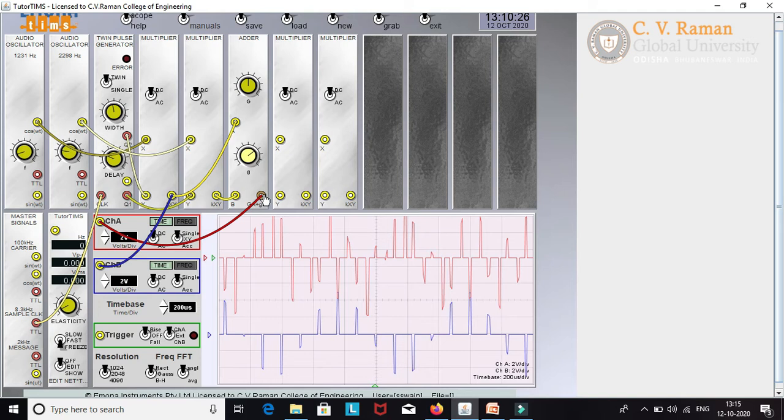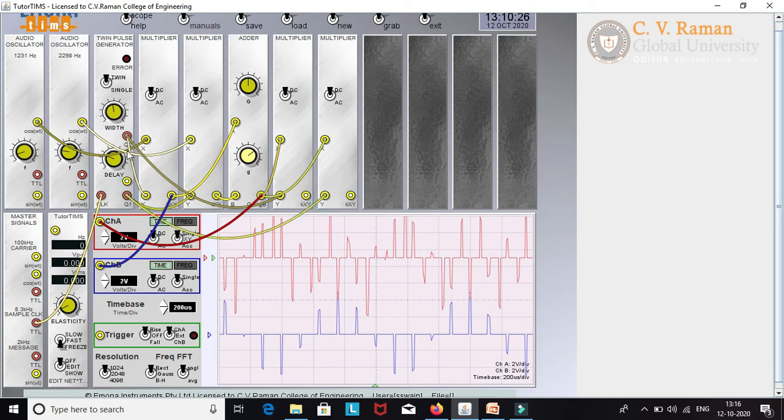So what I have to do here is multiply the TDM signal. This is your TDM signal, the RR output. So the TDM signal will be multiplied with the train of pulses 1. So this is the train of pulse 1. If you see, I have multiplied the TDM signal, or RR output, with train of pulse 1. So I will get back my sample 1 from here. In the same manner, again from the TDM signal, I will be able to recover sample 2. So how will I recover? I have to multiply this TDM signal with train of pulse 2.